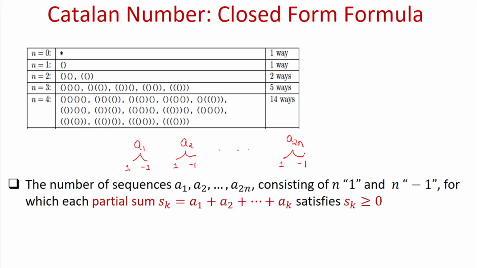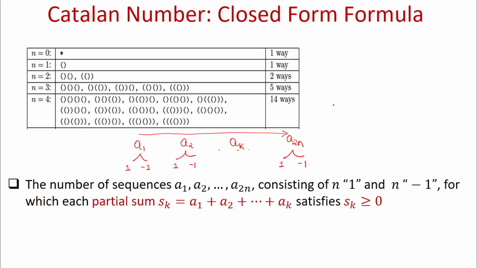And the second restriction is that if I go from LHS to RHS, that means from the starting position to the end position, and if I stop at any position k. It could be the first position, the second position, or the third position. If I stop at any position k, where k ranges from 1 to 2n, and if I take